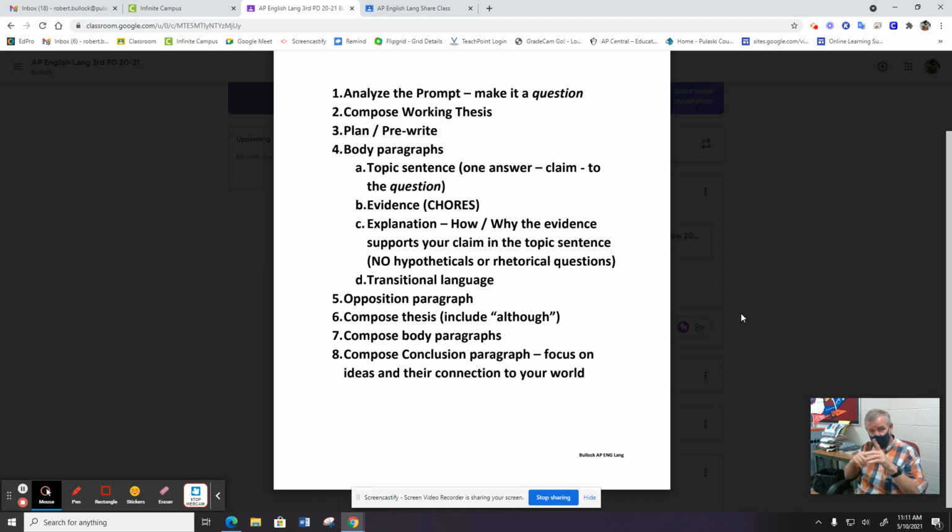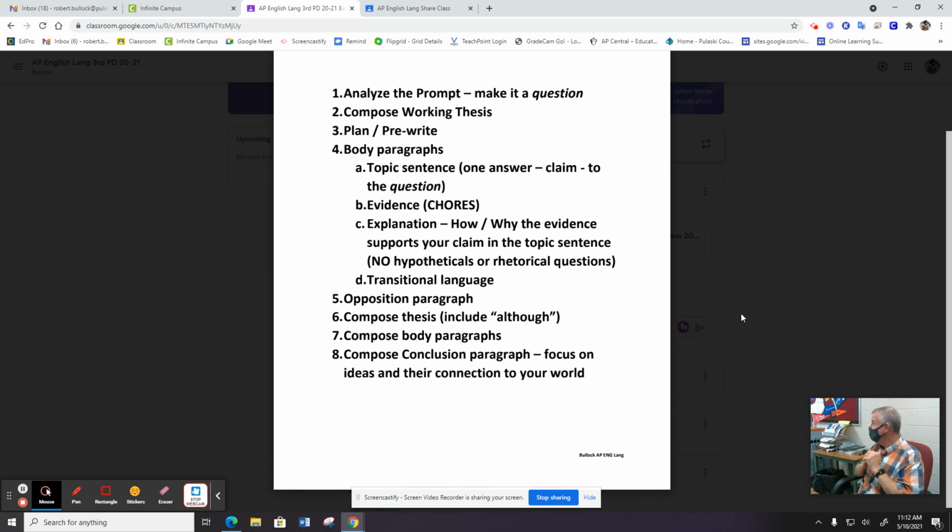So we work on our opposition paragraph, then we compose our actual thesis. So now we're moving from pre-writing to the actual writing of the essay. Tim Freitas gave a great idea that I'd never really thought of either. He tells his students to drop down two or three lines when you start actually composing the essay. Go with your thesis. And we're using a closed thesis, right? We're actually going to tell what we're going to talk about. And he says when you're completely finished, if you have two or three minutes left, you can go back and add a little introduction.